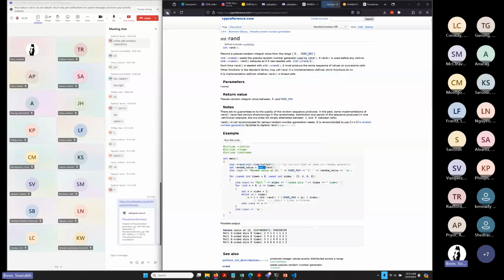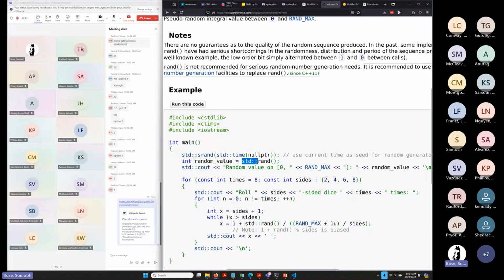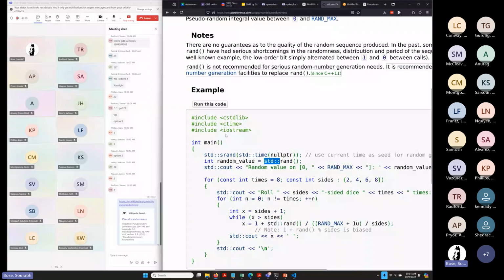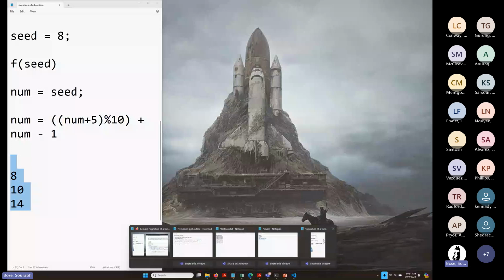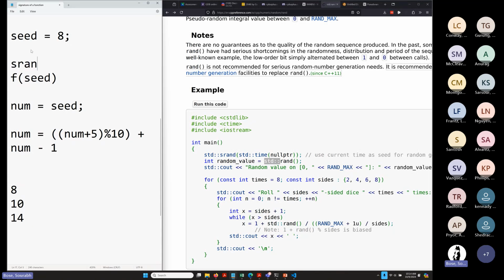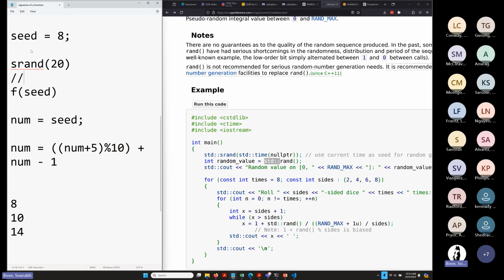So when we searched for rand, do you guys remember that we were looking at this code? And before that, there was this srand, right? What is srand? Well, it's basically setting the seed of the random number generator. So it basically gives you a function that allows you to set the seed. So imagine that you're setting the seed of the function here, but before that, let's say srand, when I say,